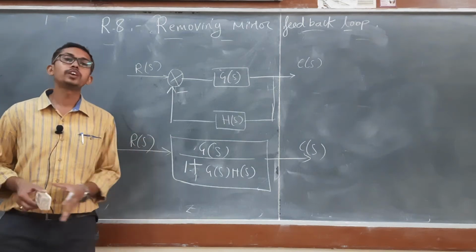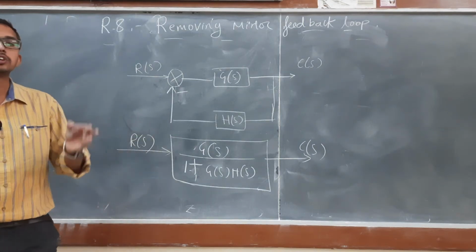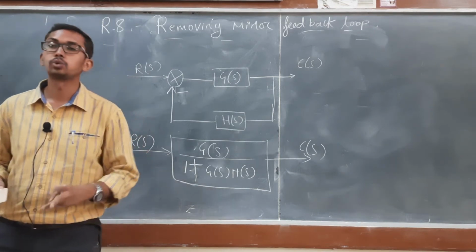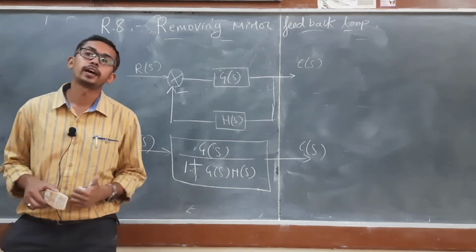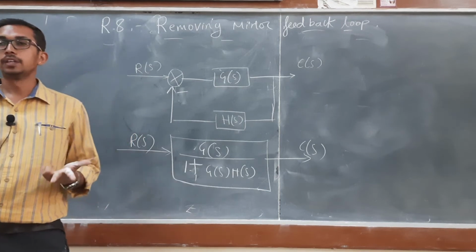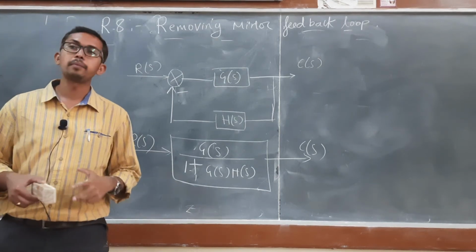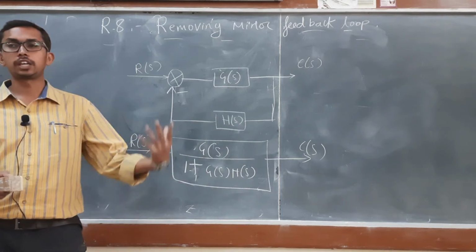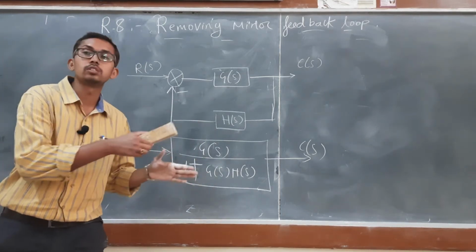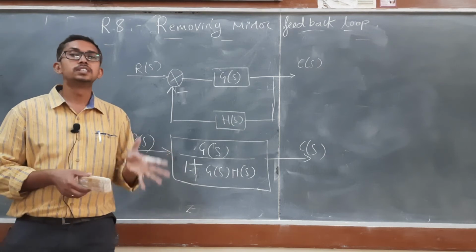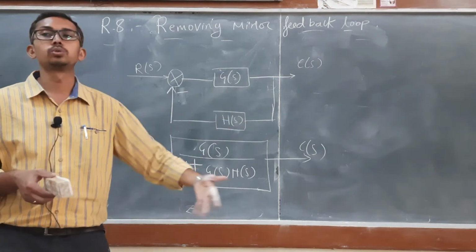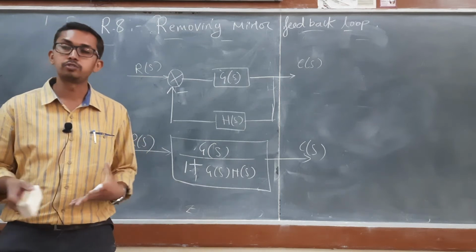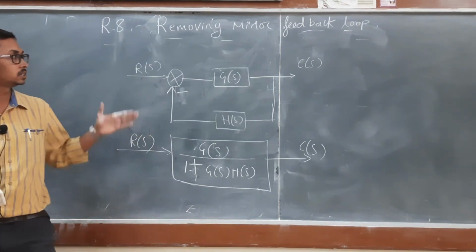Until now we have discussed 8 different rules. Still there are 3 rules remaining, rule number 9, 10 and 11. These 3 rules I am going to discuss at the end, whenever there is a requirement while solving that kind of problems. Because if I start explaining all those things, it will get confusing. That's why I am going to stop at this stage.